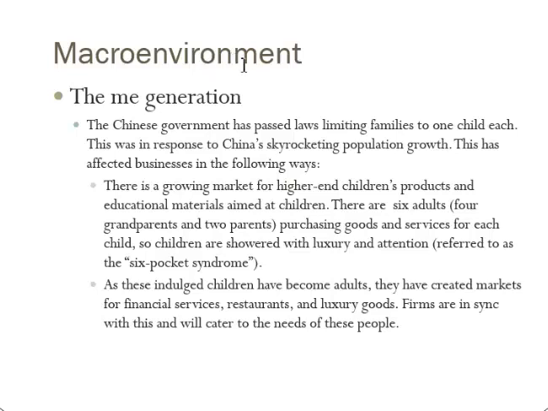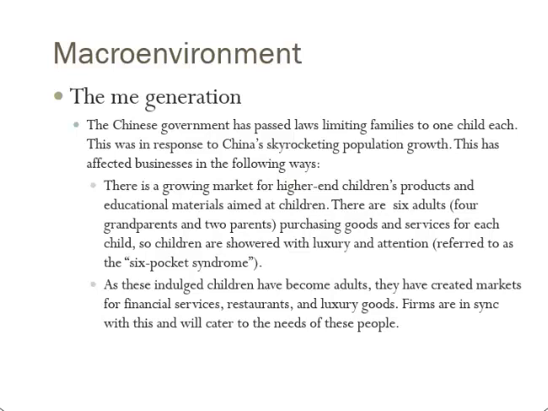Here's an example, the quote-unquote me generation. That's a Chinese phenomenon. And that's based on the Chinese population control measures. For the last several decades, China has been limiting the number of children that a family can have. And it comes to the point whereas in the old days, maybe there were many children for each adult. Now there are many adults for each child. There are 6 adults for each child. First, 6 adults purchasing goods and services for each child, so you can imagine how spoiled some of these